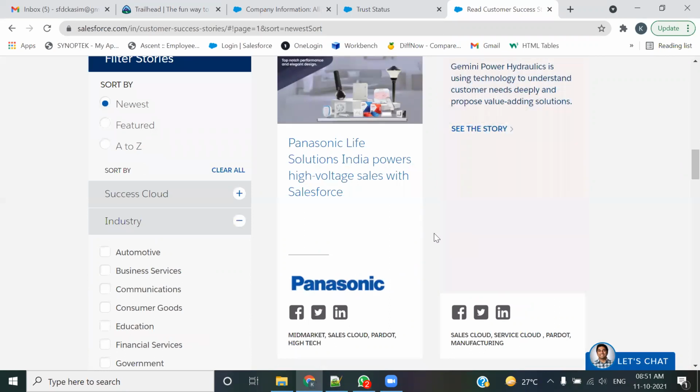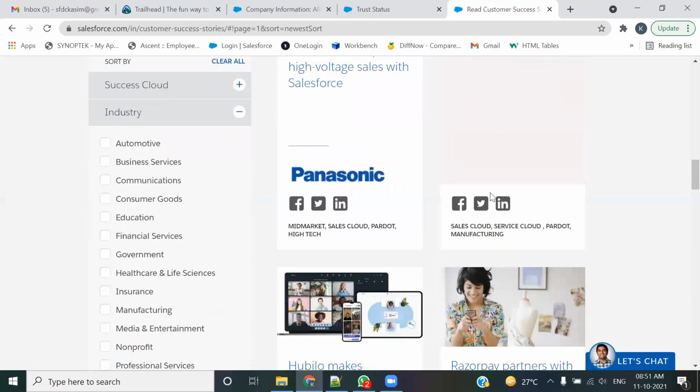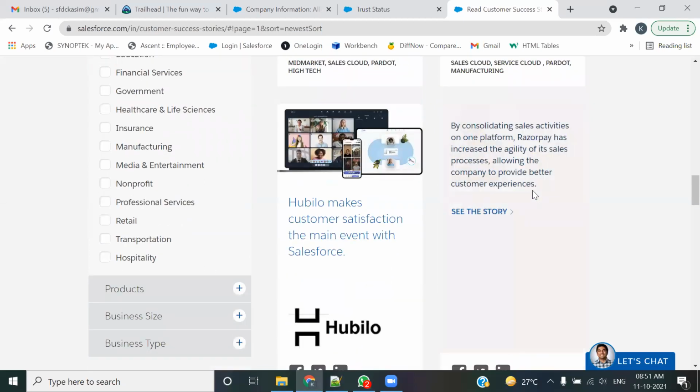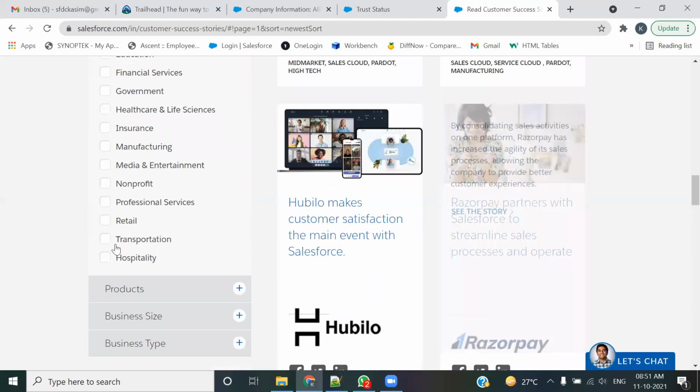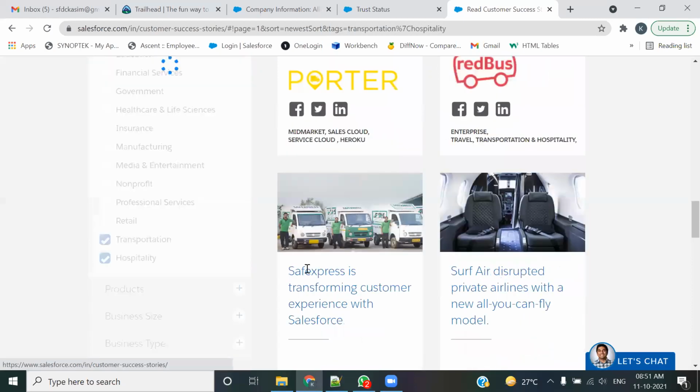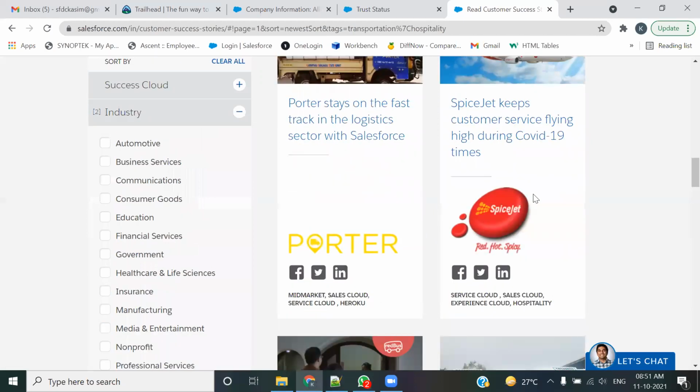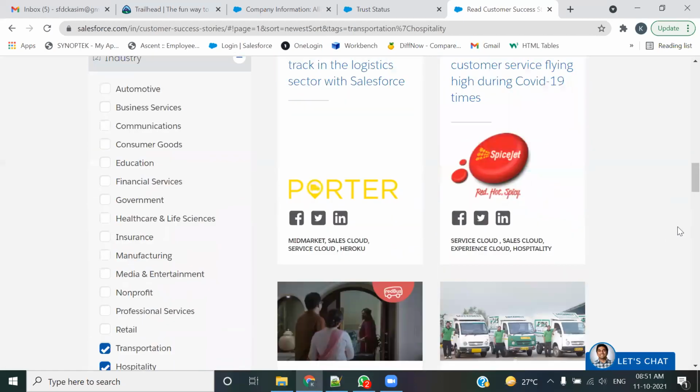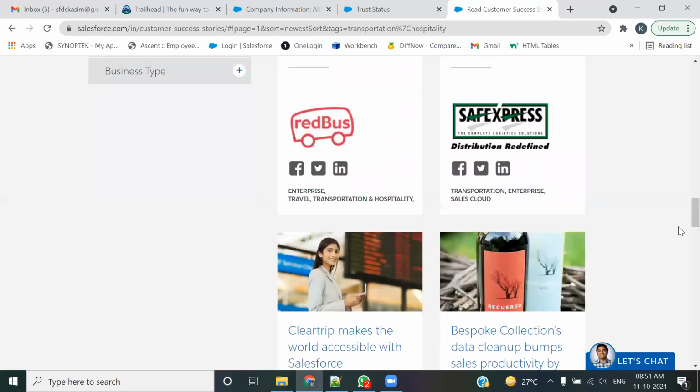And these are the end users. ये हमारे clients हैं. These are our clients and they are using the application what we have developed for them. Transportation, hospitality, probably. Redbus का नाम आपने सुना है, SpiceJet आप जानते हो. These people just know how to use the application. These are the end users.